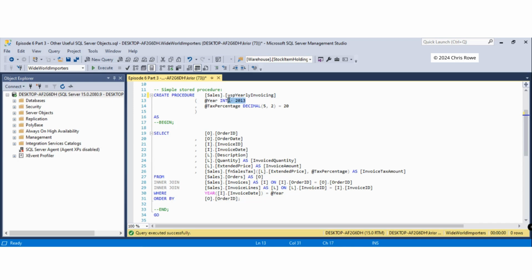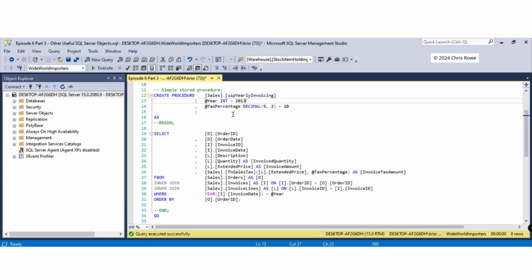Now you can see here I've already assigned values to these parameters that we're chucking in. So even if you ran off the stored procedure to get some results and you left the parameters blank, it will still bring you back some values based on these two parameters here. Now you don't need to put those in. As you can see, it works fine there. Comment that out. But sometimes it's nice to put defaults in